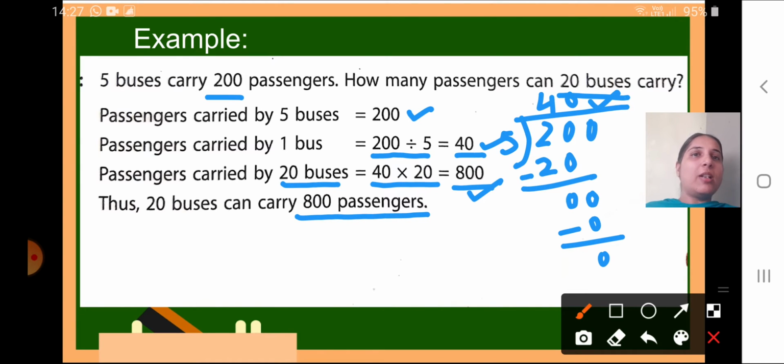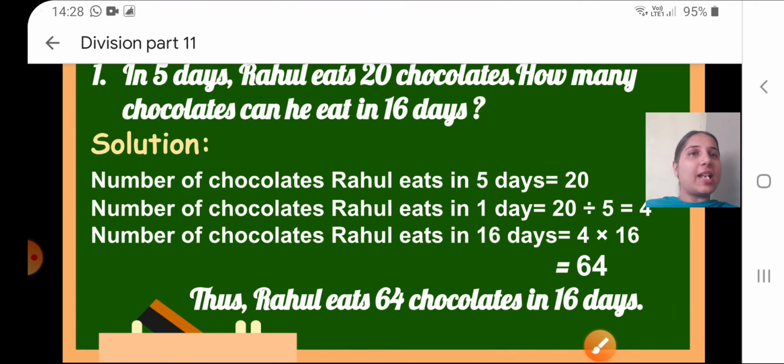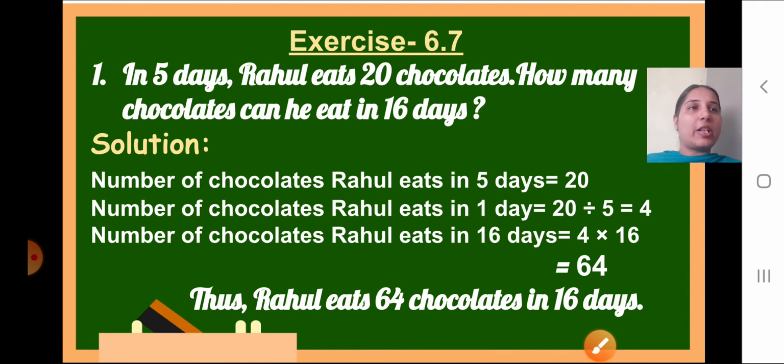Got it, children? What did we do? First we find for one. For finding for one bus, what did we do? We divided here. And then for finding for more, like for 20 buses, what did we do? We multiplied. So in this way we will be doing the next exercise, which is based on unitary method,